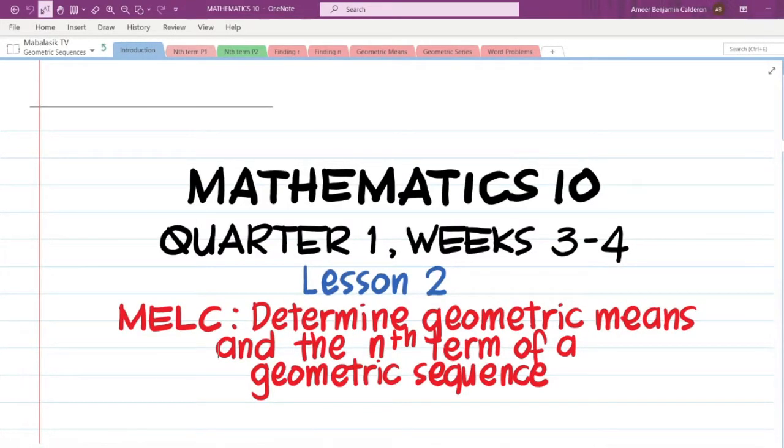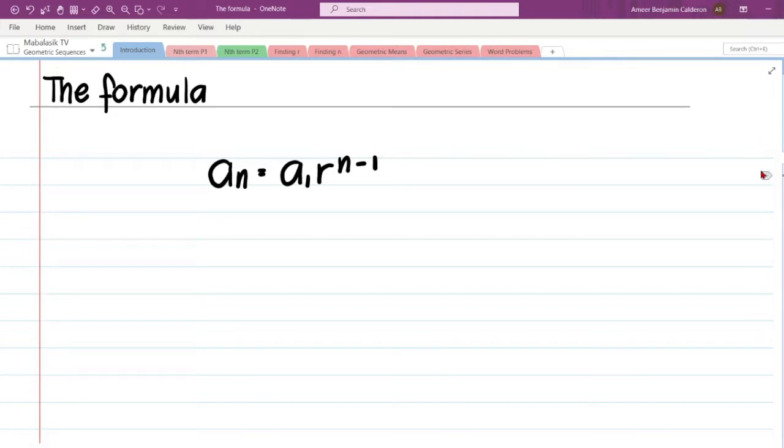After differentiating arithmetic sequences from geometric sequences, let us now proceed to determining geometric means and the nth term of a geometric sequence. Needless to say, we are going to be introduced to a new formula. The formula is a sub n is equal to a sub 1 times r raised to the n minus 1,